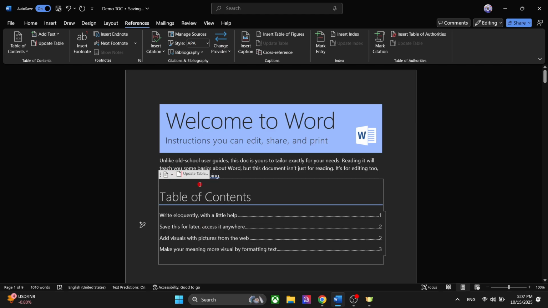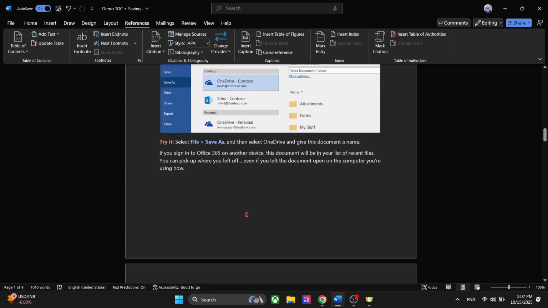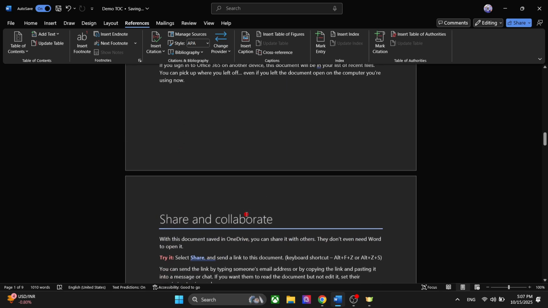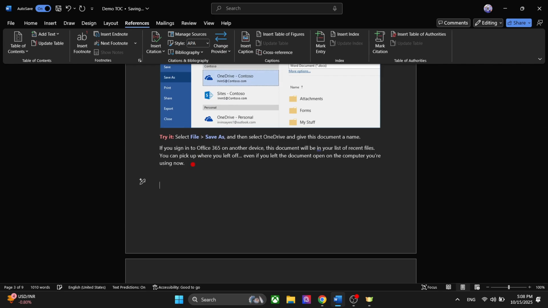So right now, just select any of these, and you can see that now I have a table of content. If you want to update the table, simply click on this. Like if you have new headings, you can click on this button, and it will update the table of content. So, for example, I can go to any heading here or add a new one,